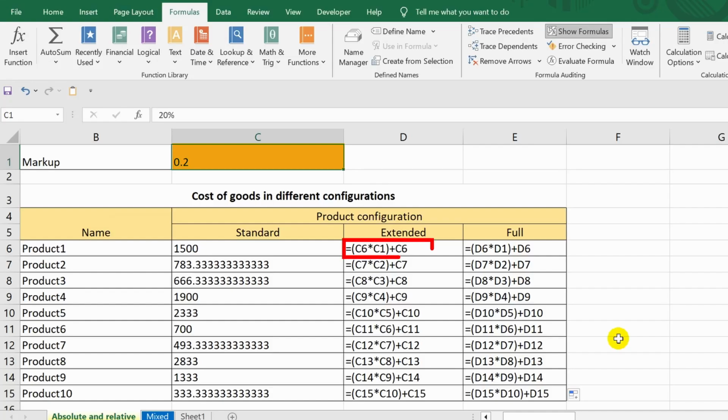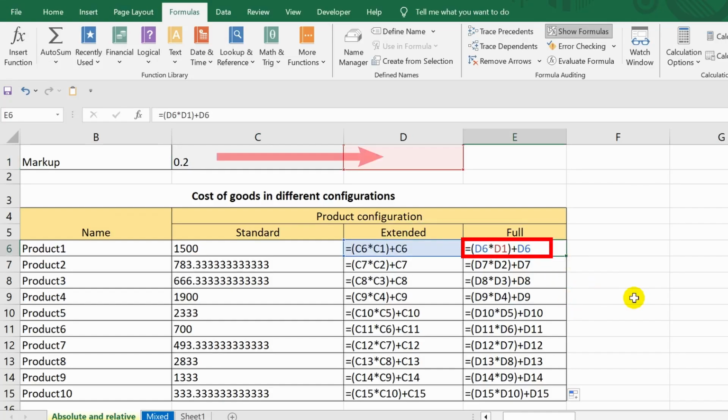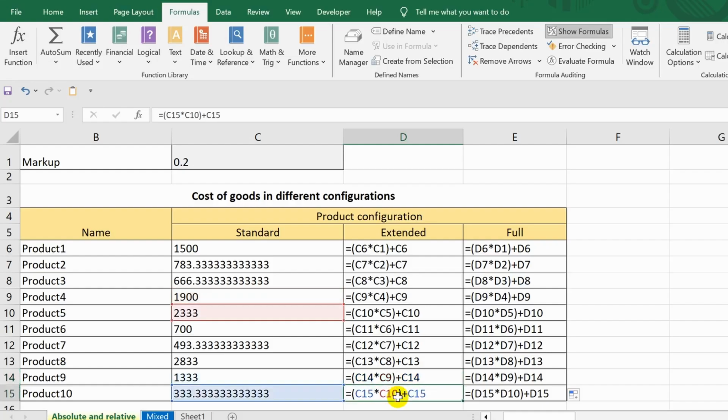In cell D6, the formula calculated everything correctly because I indeed added the markup to the standard price. But upon copying, the formula shifted. For example, in cell E6, instead of referring to the cell with the markup, the program refers to an empty cell with the address D1, and so forth. To solve this problem, it's necessary to make the reference to cell C1